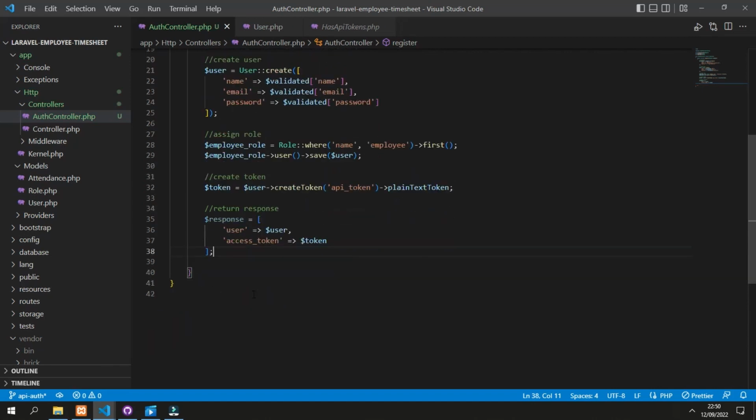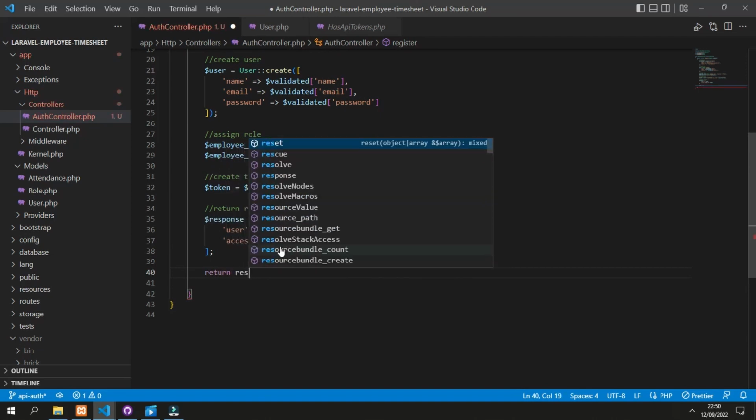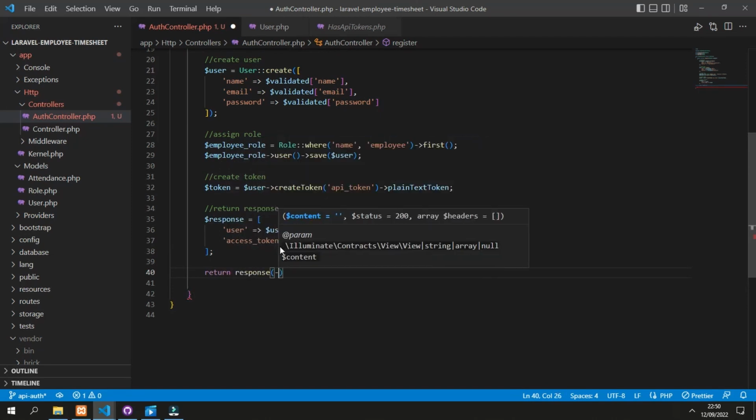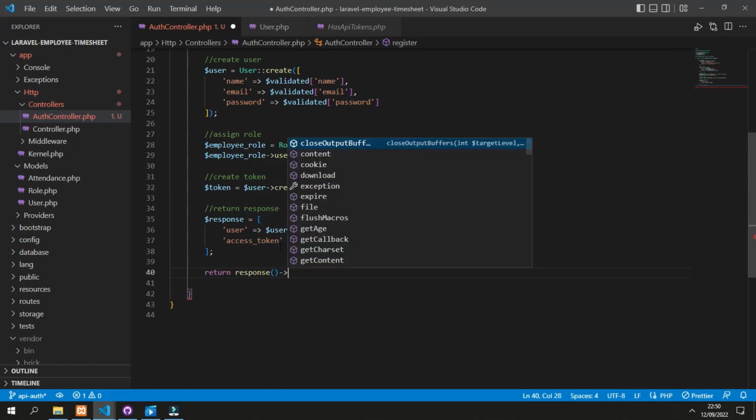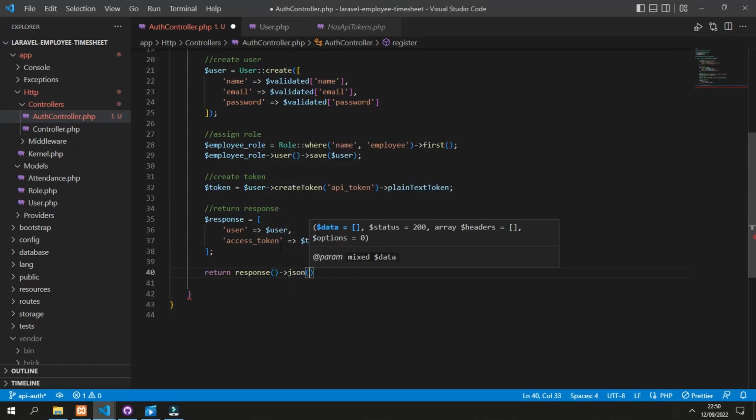And we'll return this array with return response JSON, and we pass that array data, with the status 201. The 201 is usually used for a newly created resource.